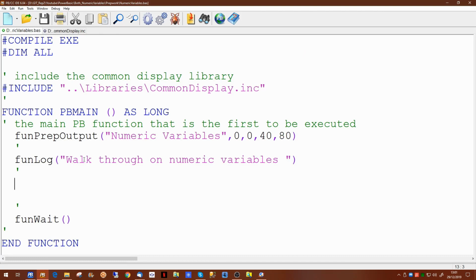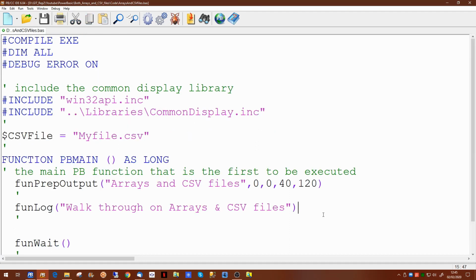There are three basic functions in this common display library. There's prep output, log, and wait. This video was inspired by one of our subscribers who was asking how CSV files could be loaded into arrays